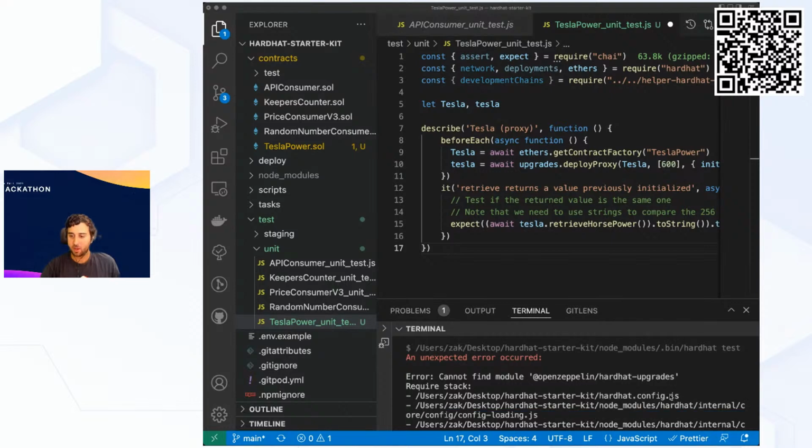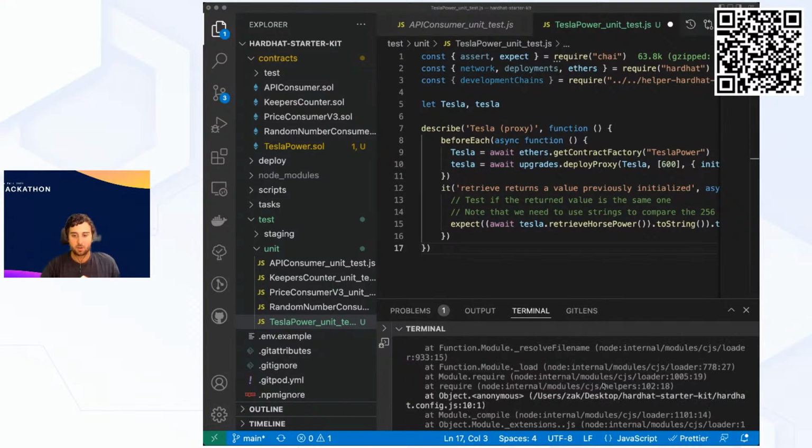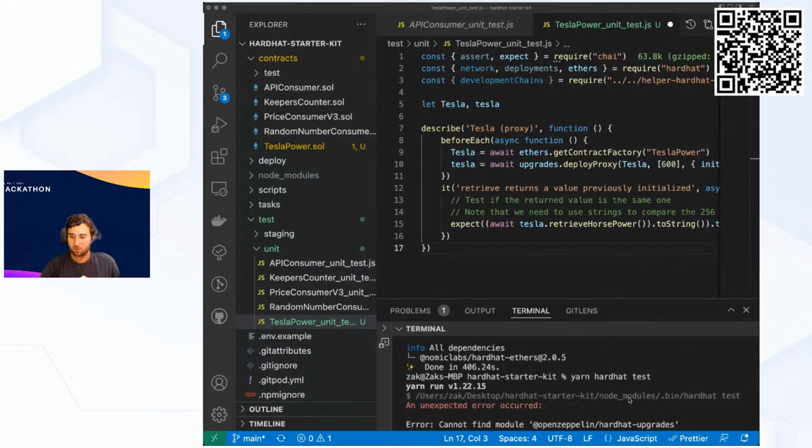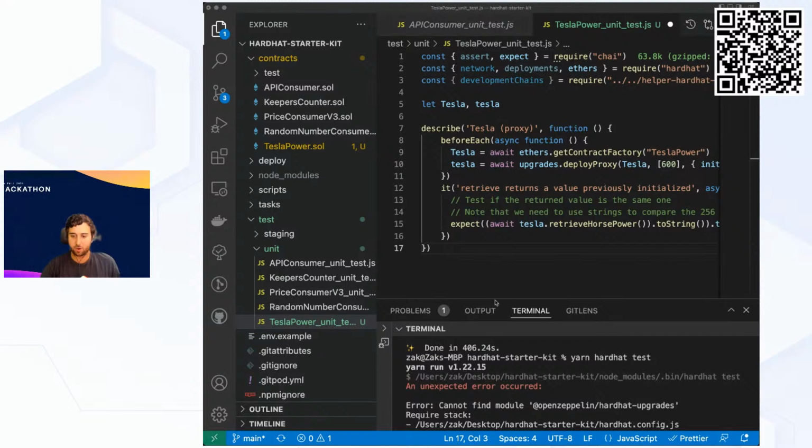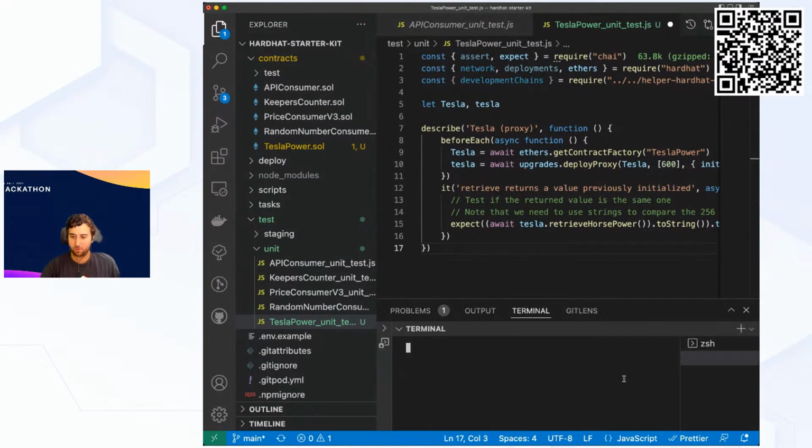Oh, it didn't actually add in our hardhat upgrades. All right, let's go ahead and go back, create a new terminal. I don't know why it didn't. I guess it was focusing on doing the yarn install for everything and didn't actually add it in. So we're going to make sure